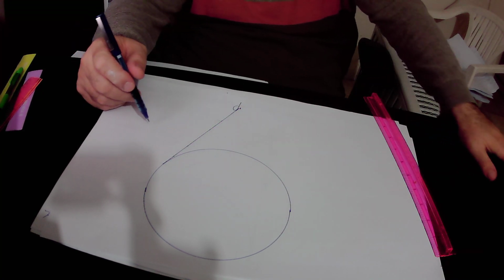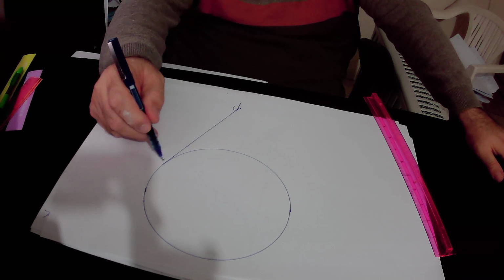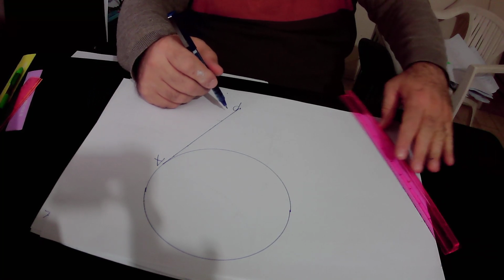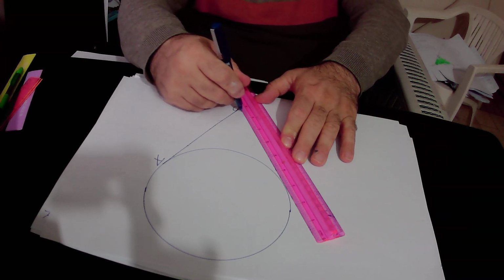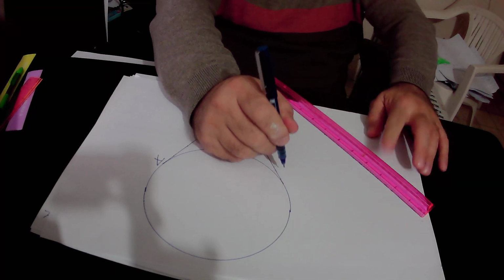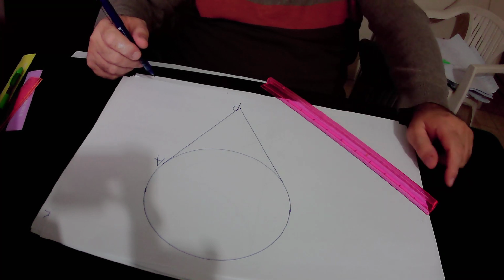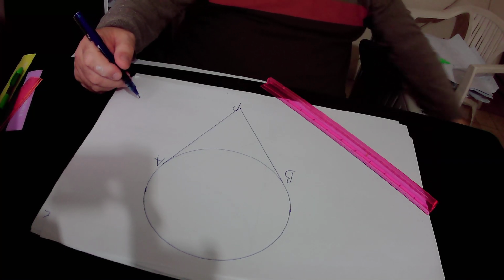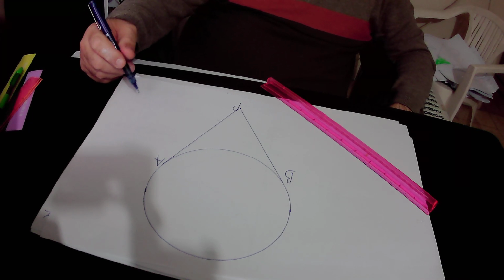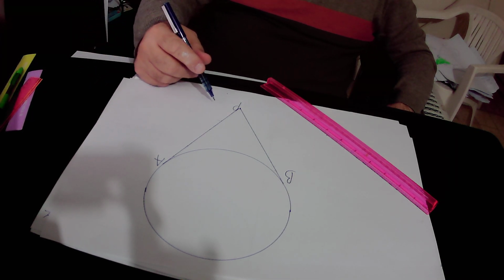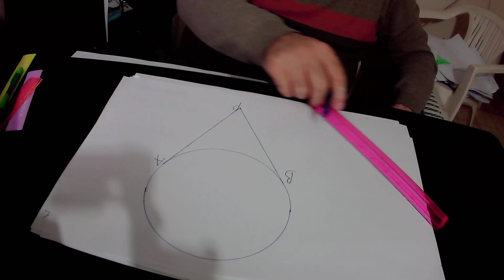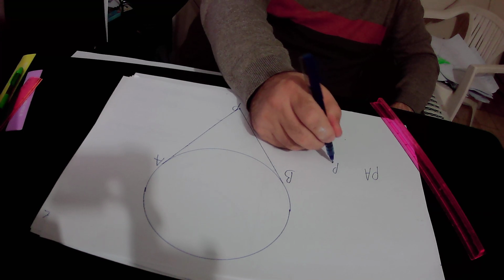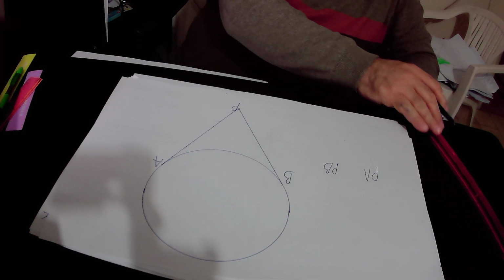We define the point of tangency of the first tangent with the circle as point A, and we draw the second tangent to this circle from point P, and we define the point of tangency of the second tangent with this circle as point B. According to rule number 2, the lengths of two tangents, in this case the length of the first tangent is PA, and the length of the second tangent is PB,